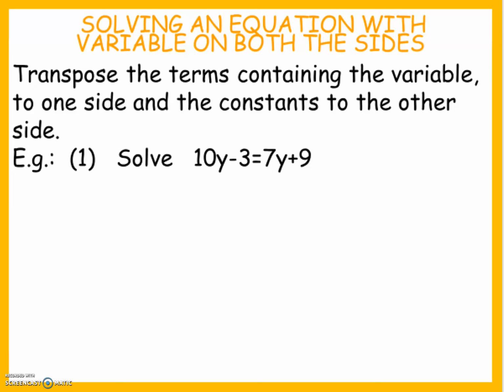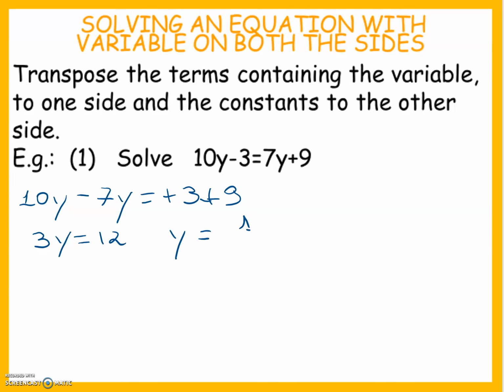So I can write 10y minus 7y, because it comes to the left side, equal to plus 3, because it's going to the right side, plus 9. So 10 minus 7 is 3. 3y equal to 12. Y equal to 12